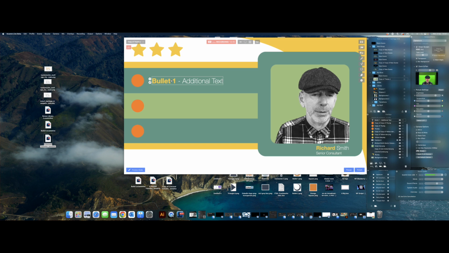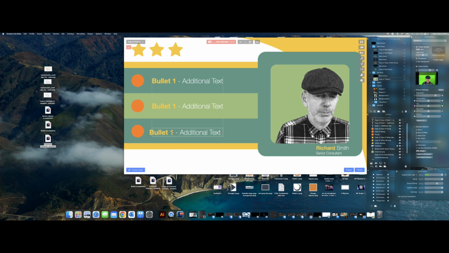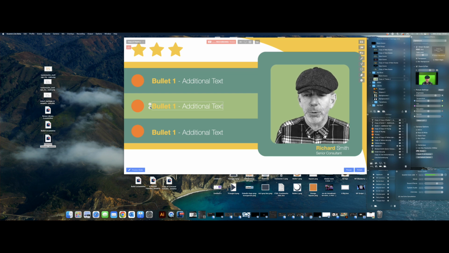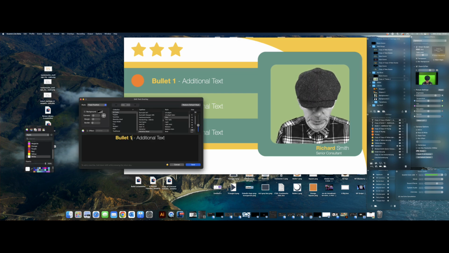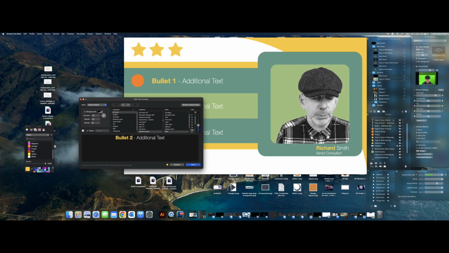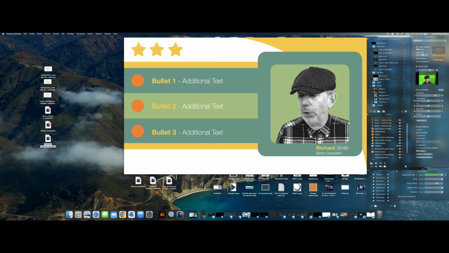and I'm going to duplicate that a couple of times. So that'll do, and I could change it to bullet 1, 2, 3 and 4. In fact, let me do that because it makes some more sense. Bullet 3, and when I look over here in my overlays panel, I'm going to see a little bit more clearly that it's bullet 1, bullet point 2, bullet point 3. So let me just zoom in on these for you,